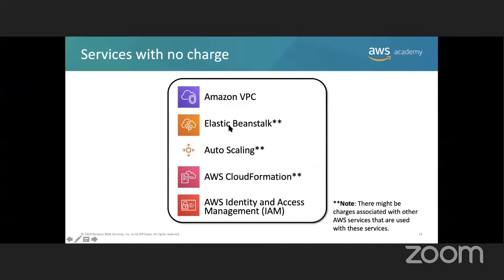Services with no charge, okay? Very important. These services are free, free and free. There's no charge for these guys, right? Everything that has to do with networking, I wouldn't say everything, most of the services that have to do with networking are free, right? Because elastic IPs,